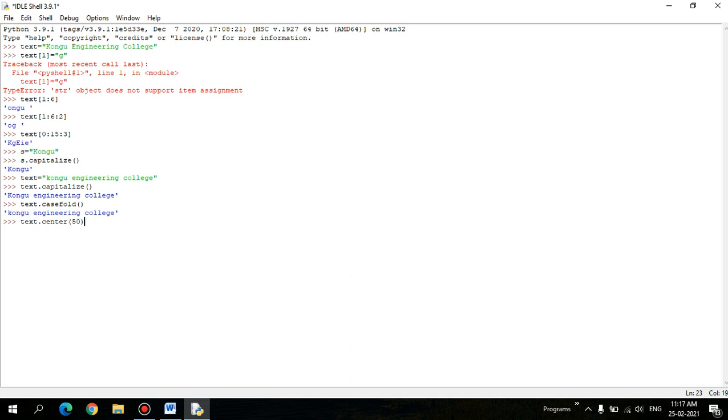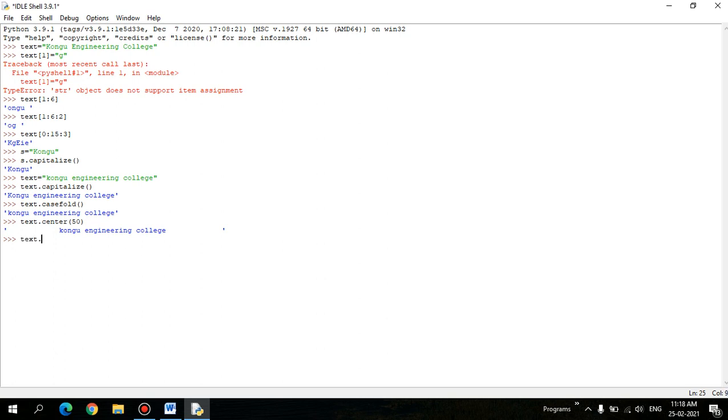You can see it is center aligned: with the total width defined as 50, Kongu Engineering College is centered within the width. We all know in terms of Word there is left alignment, right alignment and center alignment. So your string is center aligned, that is how it works.